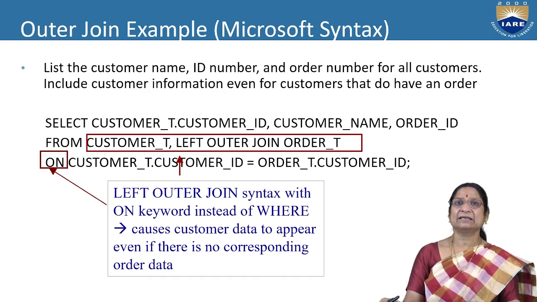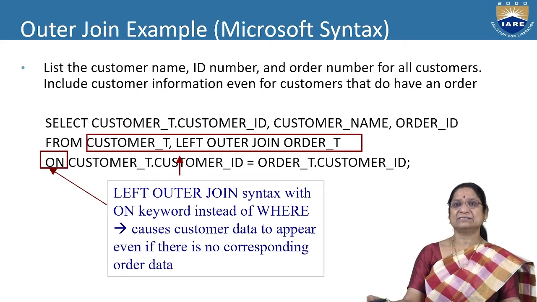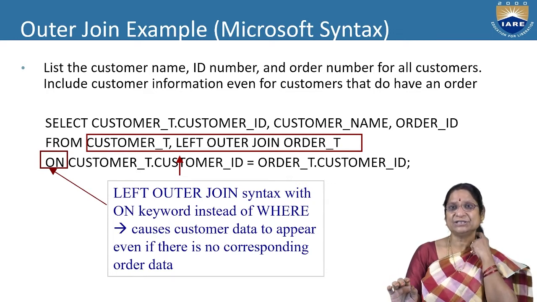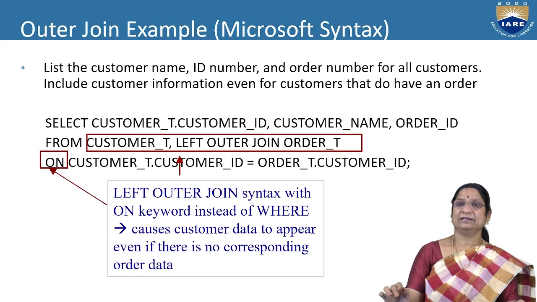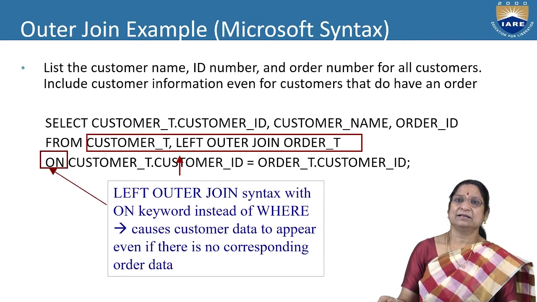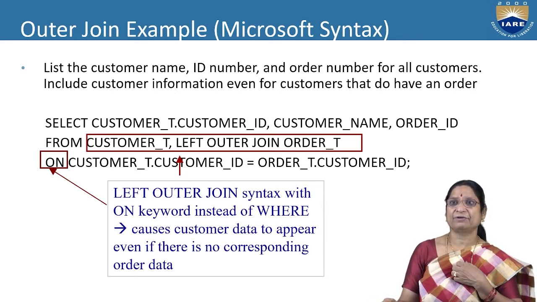Now we'll discuss another join type, outer join. The joins which we discussed previously, either natural join or inner join, the respective joins are known as equijoin. The respective two joins are known as inner joins. Inner joins means if the condition is satisfied, only the respective tuples are going to be used for retrieving information. If the condition doesn't satisfy, the information is not going to be retrieved. If no mapping occurs, then the respective data is not going to be retrieved.